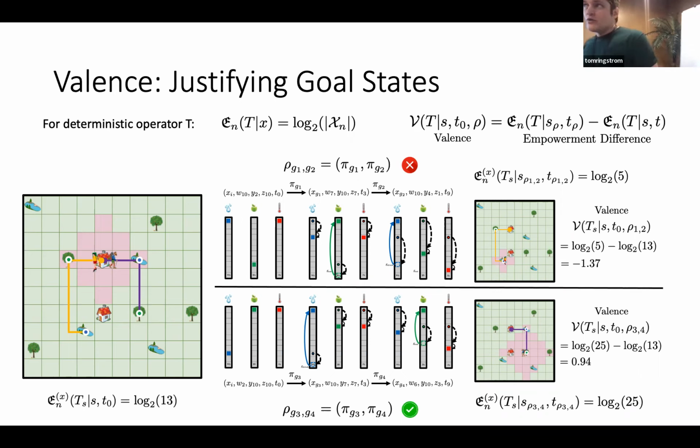But you can select plans like this without a reward function. There's no reward function in the Bellman equations which produce these operators. That's reward free, but the operators were crucial for evaluating empowerment. So my claim is that I think you can do artificial intelligence this way. It gives a normative reason for creating these abstractions, because it allows you to justify states that you might never have reached in a large product space.